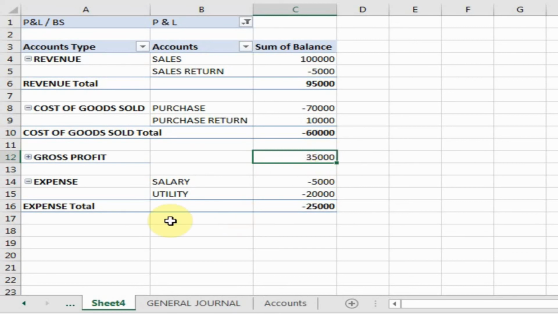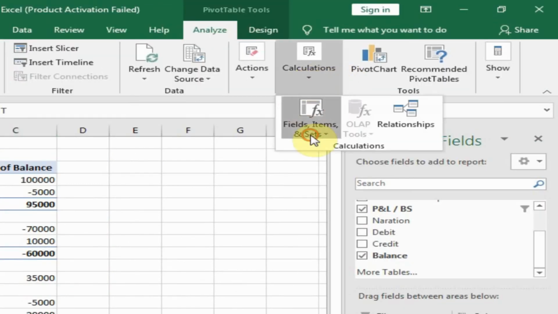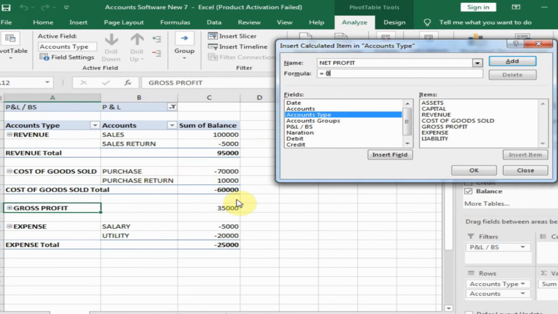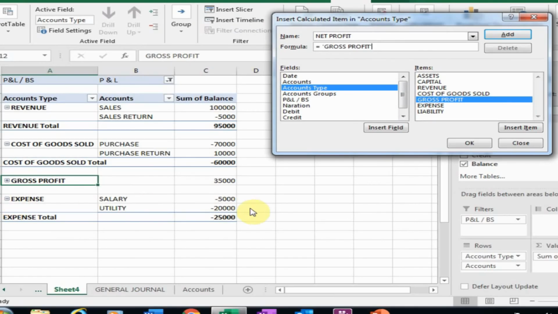Now I want a net profit also. Just go to calculated item again and type net profit. We will get net profit by subtracting expenses from gross profit. Just double click gross profit here, and expenses are also in minus sign.